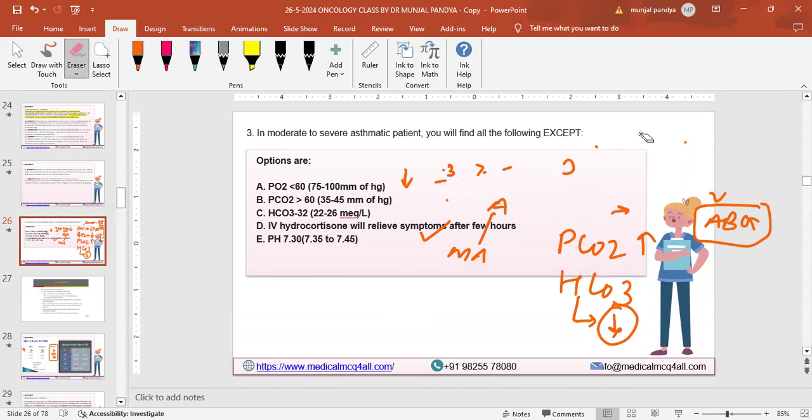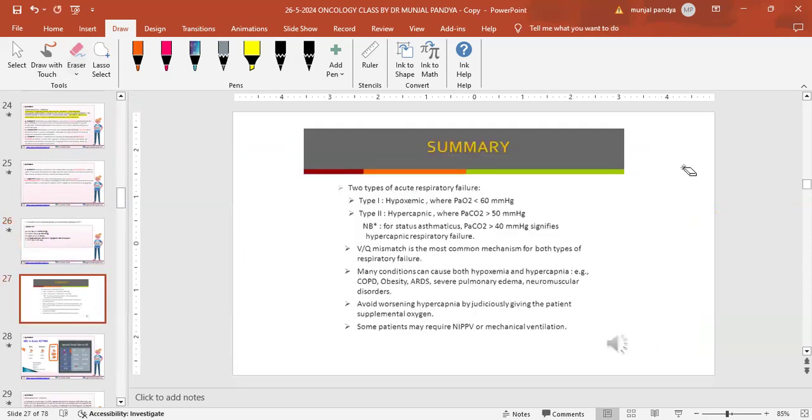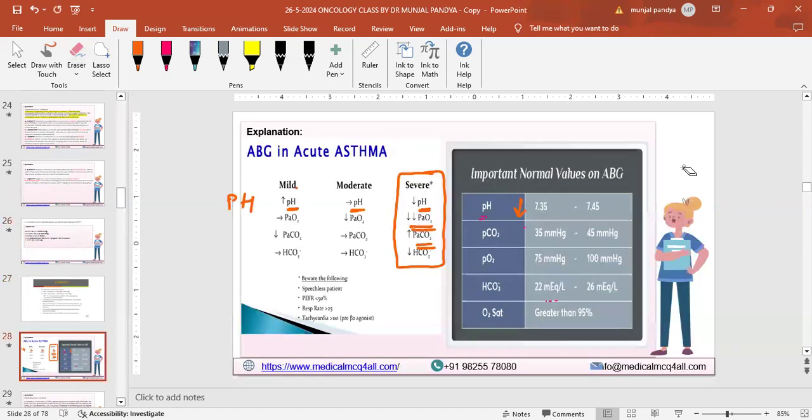So you have to write down your homework. First of all, go and read ABG number 1. We'll discuss again. Read the ABG basic steps: pH, PO2, PCO2, HCO3. That's it, four things you read. Number 2: what happens in acute renal failure, what happens in acute severe asthma, what happens in a diarrhea patient. These three questions they usually ask in the exam.